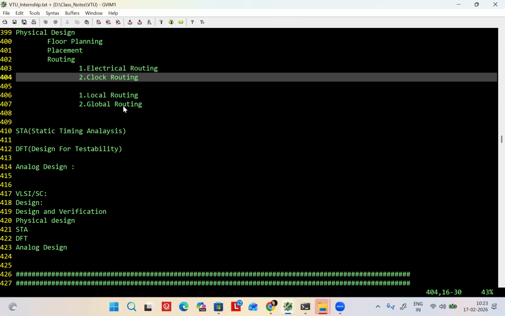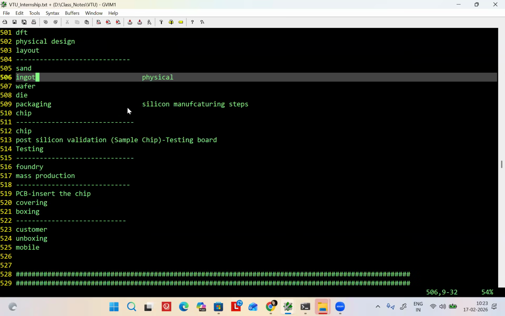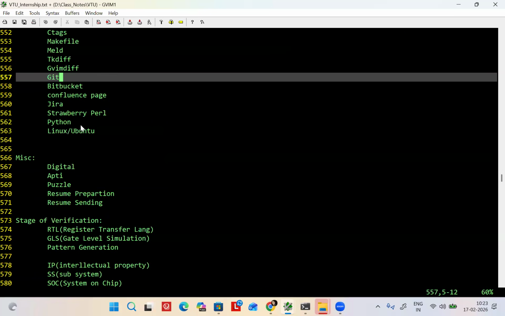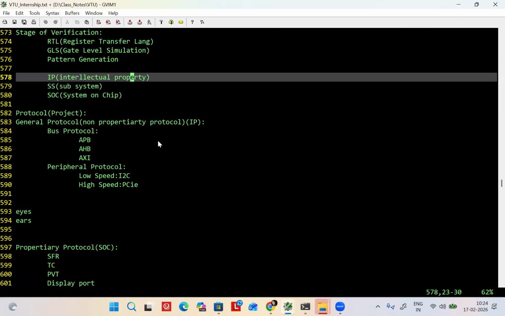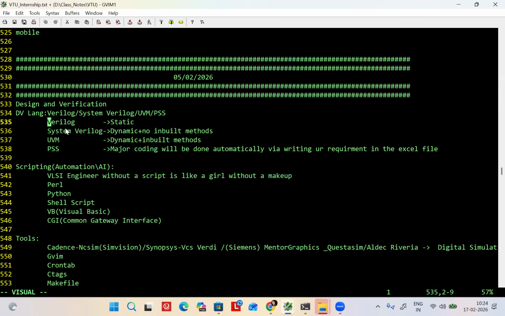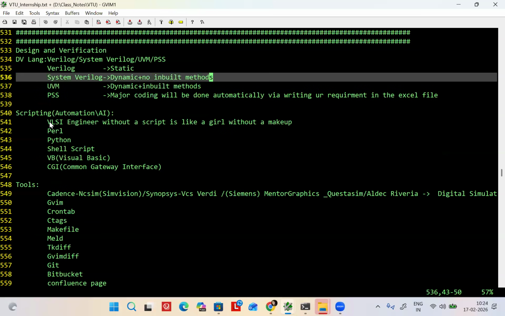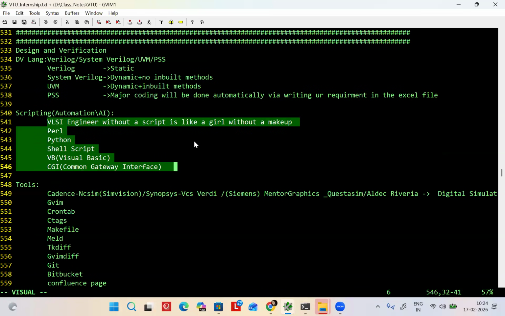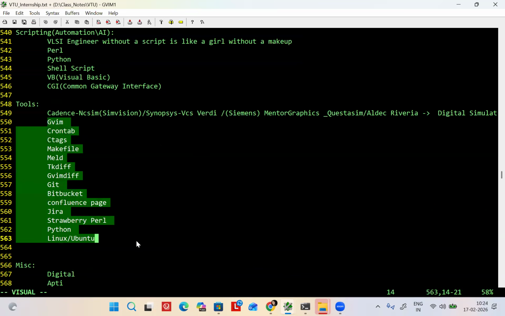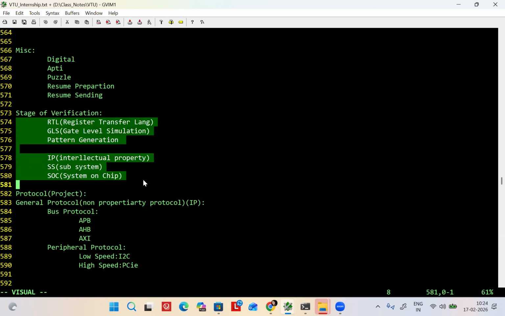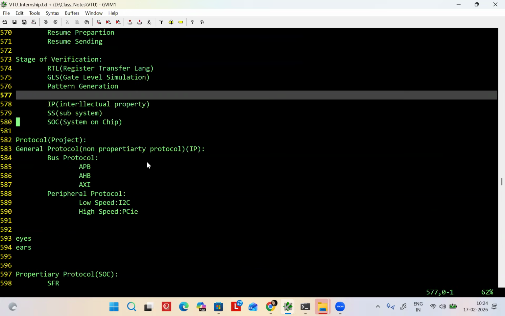In design and verification, what are the skill sets, or what are the things you need to study? A design verification engineer needs to study all the topics. I have explained what a language is and the difference between each language. I already explained scripting also, different tools also, and stages of verification also.